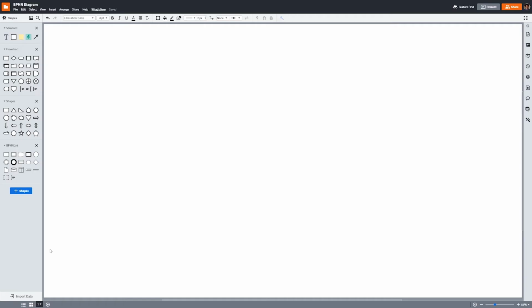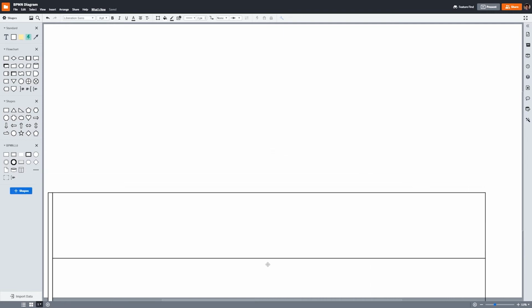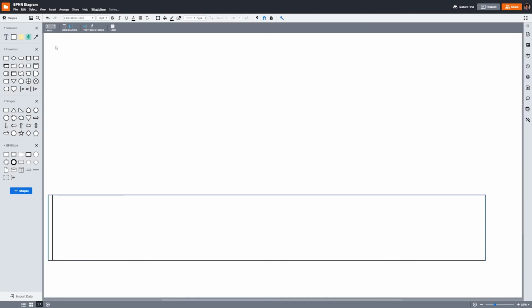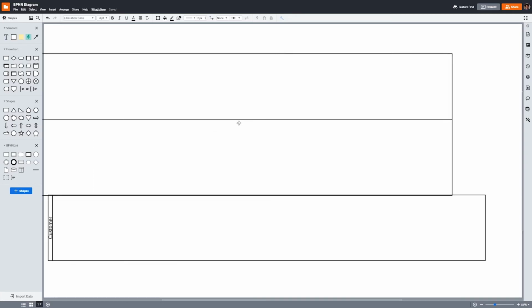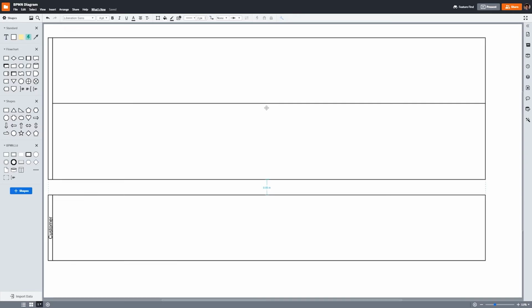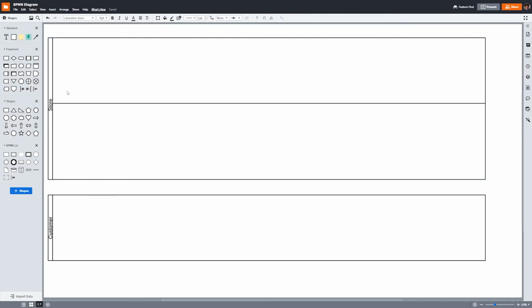The first thing I need to do is identify what parties are involved in this process. First, there's the customer, and second, there's the ice cream shop. Since the customer doesn't work at the ice cream shop, and the ice cream shop doesn't employ the customer, they'll each have their own separate pool. This particular ice cream shop has 2 employees: the person making the ice cream, who we'll call the ice cream artist, and the cashier. These 2 will be put in the ice cream shop pool, but each have their own lane, as they have their own roles throughout the process. As we build this BPMN diagram, these will help us show quickly who's in charge of what tasks.